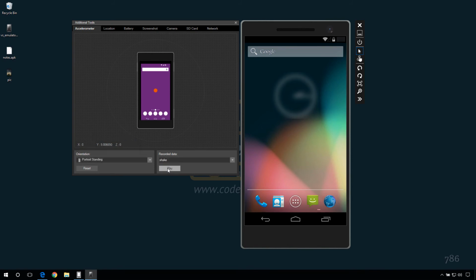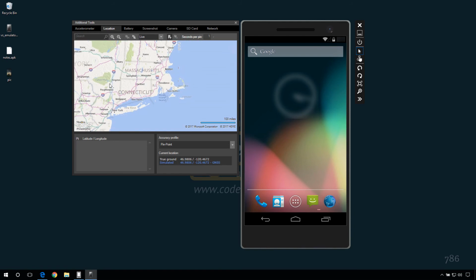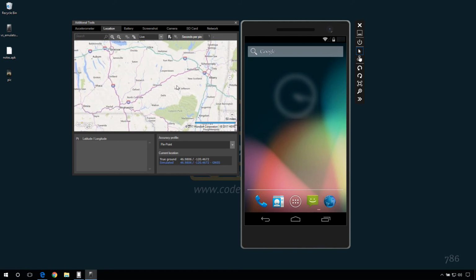Location. Here you can drag around and zoom to simulate a GPS location. Let's set some points on the map.